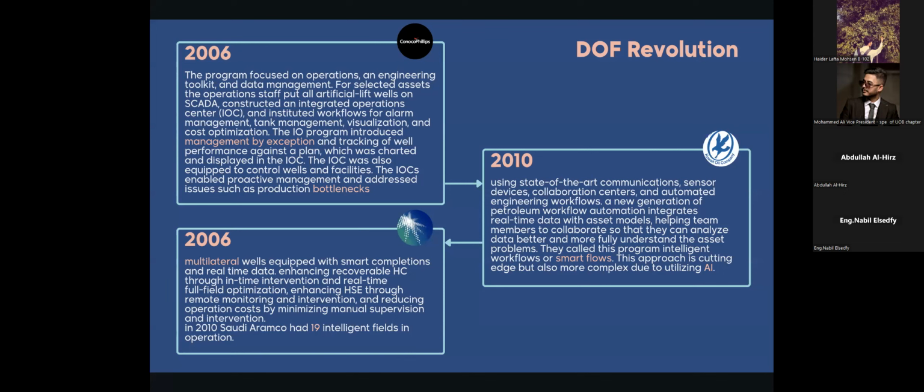We will go now to Kuwait Oil Company and Aramco here in the Middle East. So these two companies utilize this now. Kuwait Oil Company started utilizing AI, artificial intelligence, in their field. Aramco utilizes multilateral wells equipped with smart completion and real time. So you see, they started producing from multilateral wells with a smart completion, and that needs a lot of